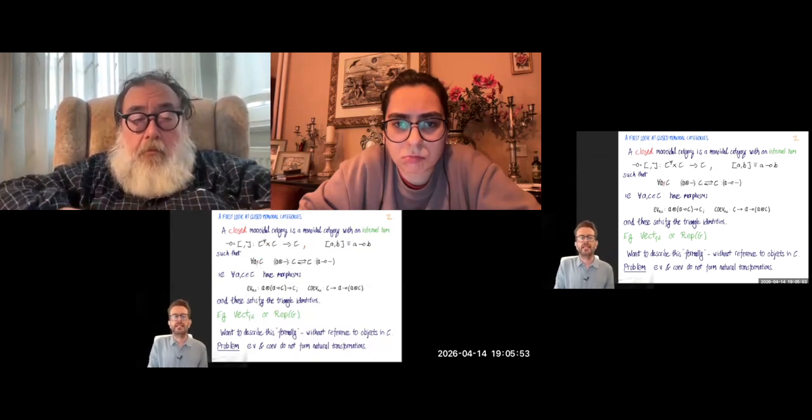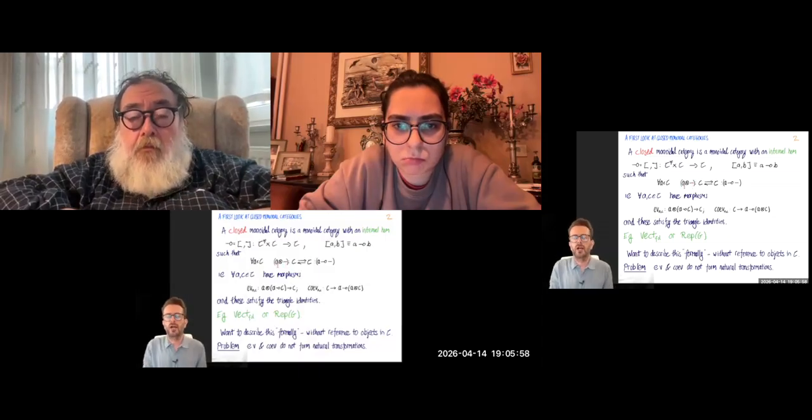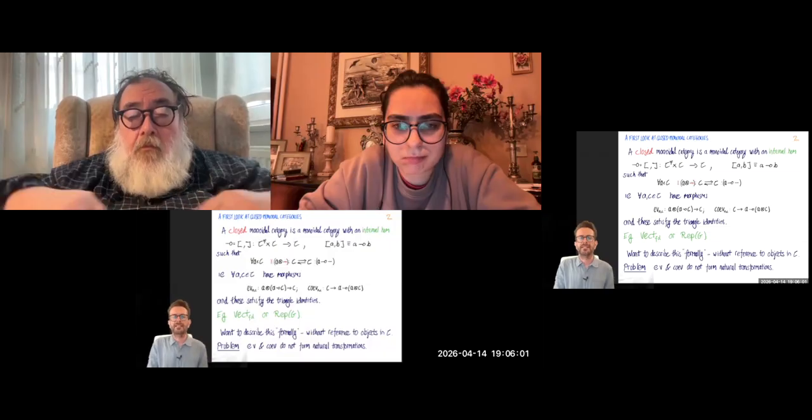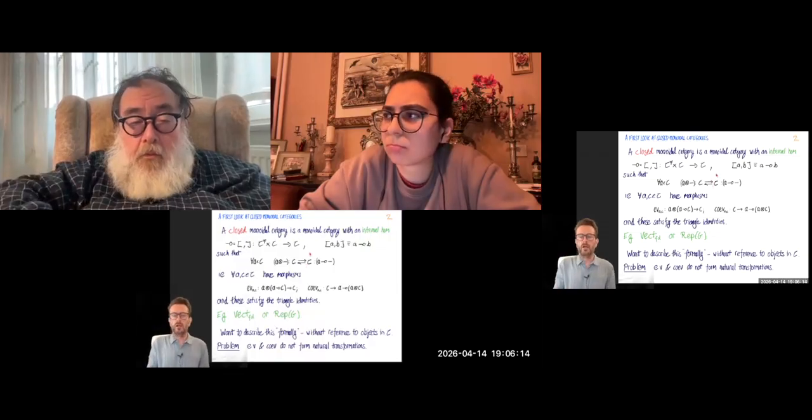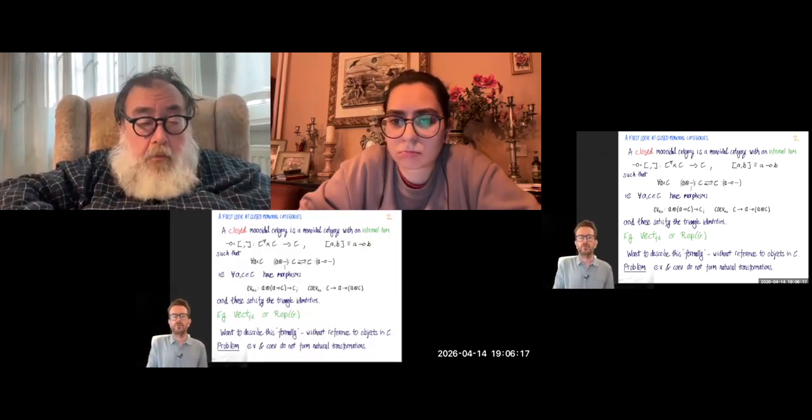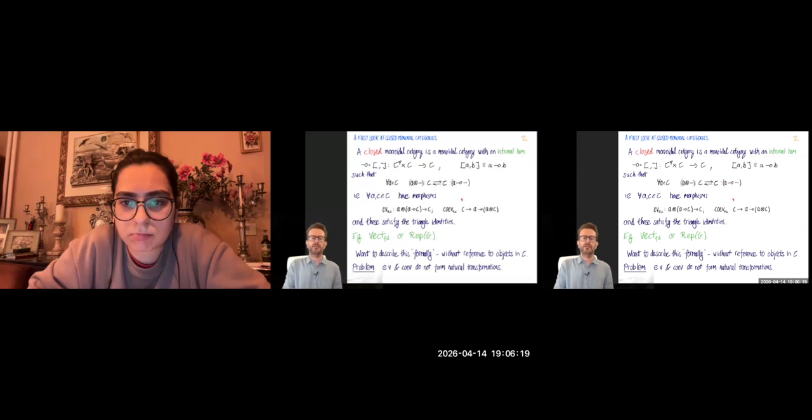And such that for any object in C, we have this adjunction, this sort of hom-tensor adjunction. So tensoring with any fixed object in C is left adjoint to homming out of that object. So they both give us functors from C to C if we fix an object A. That's your usual definition of, or one definition of, a closed monoidal category.